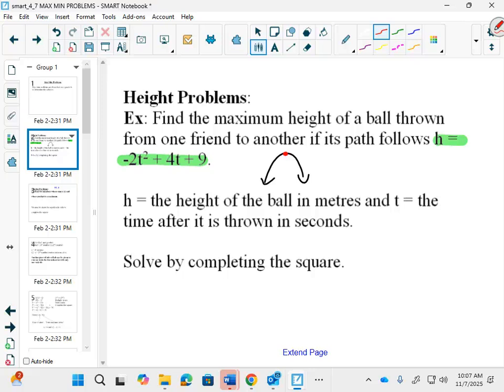And how do we find the vertex? By completing the square and changing from whatever form we have to standard form. If we change it to standard form or vertex form, we'll know what the vertex is. And as soon as we know what the vertex is, we will know the maximum height and the time that it takes to get there. So in our question,